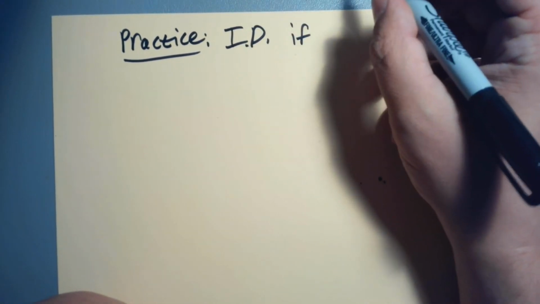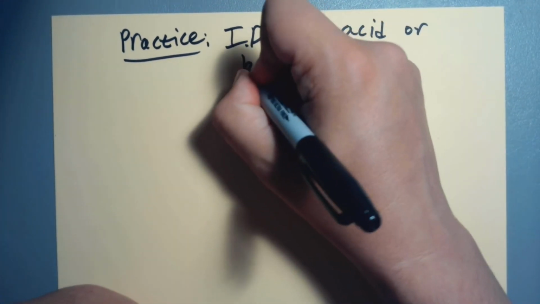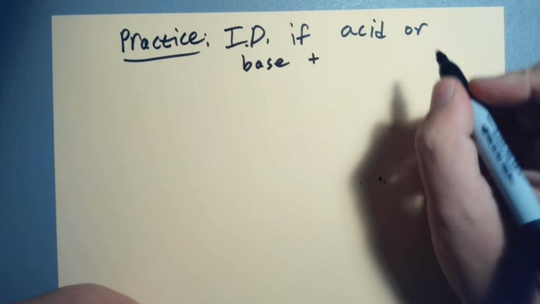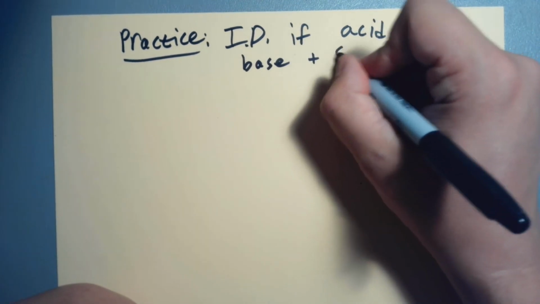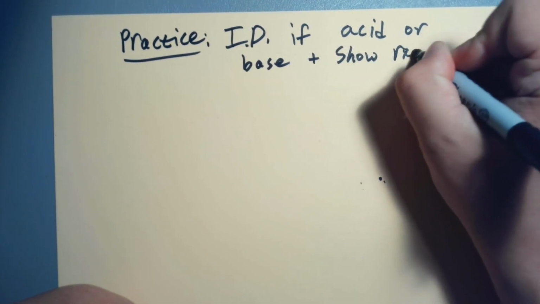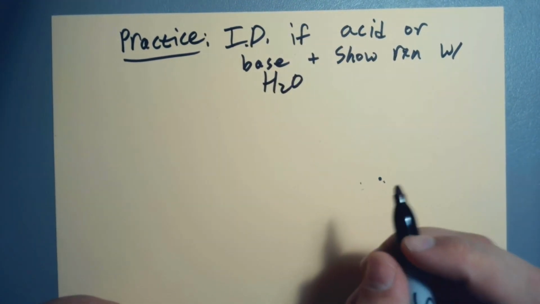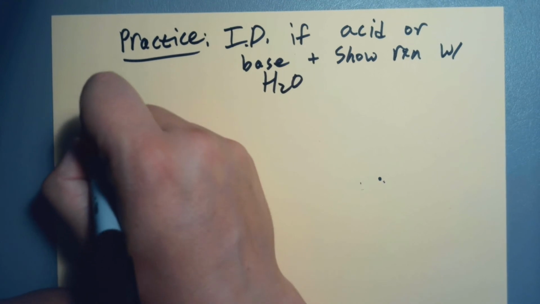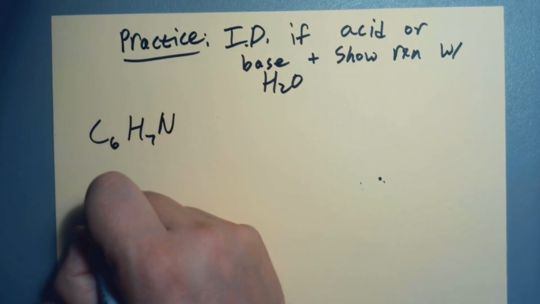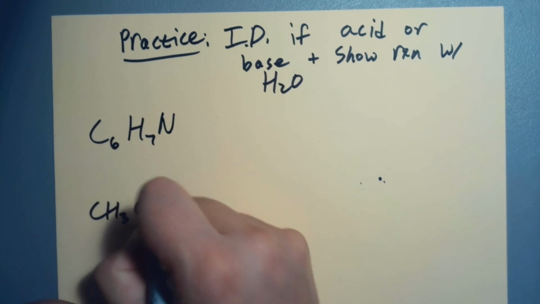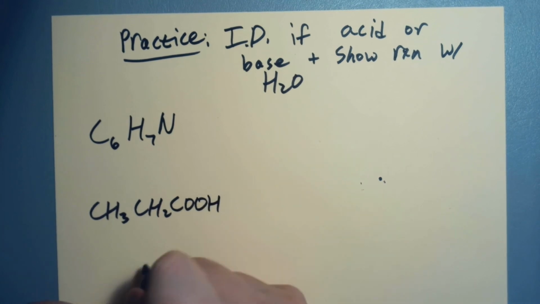Identify if you have an acid or base, and show the reaction with H2O. Alright, so I'm going to write out a couple compounds here. C6H7N, CH3CH2COOH,